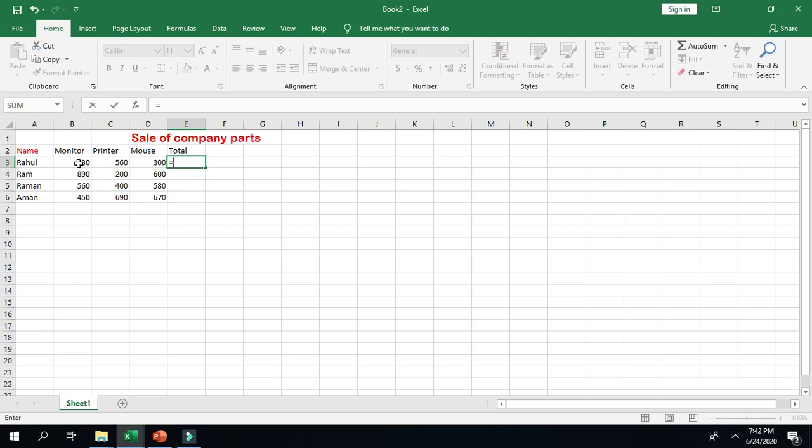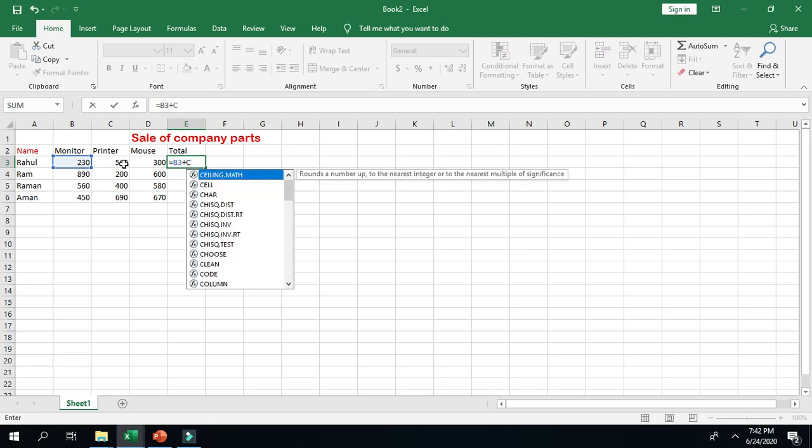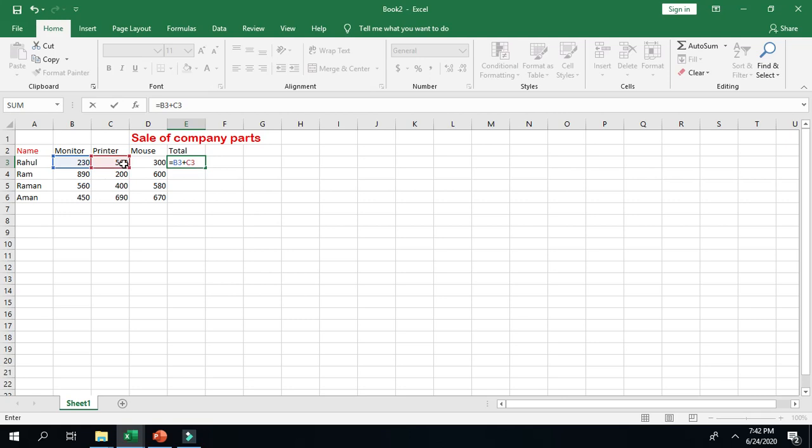The address of this box is B3, so we will type B3. Then we will type the operator, that is plus. Next we will type the address of this box, that is C3. And when we press the enter key, the result of the calculation will appear in the cell.